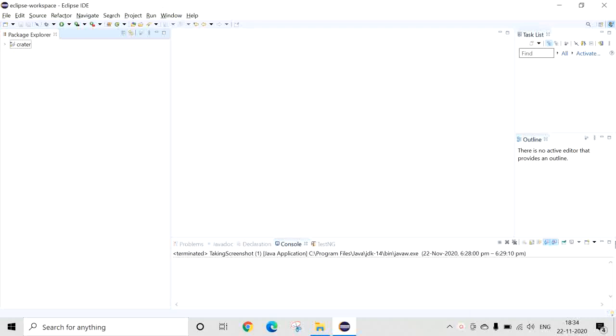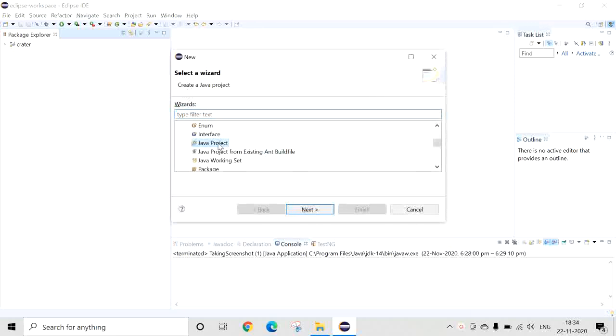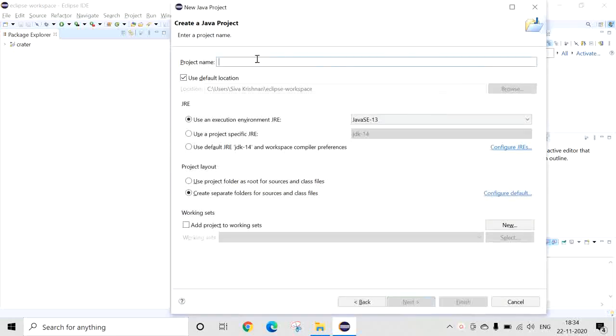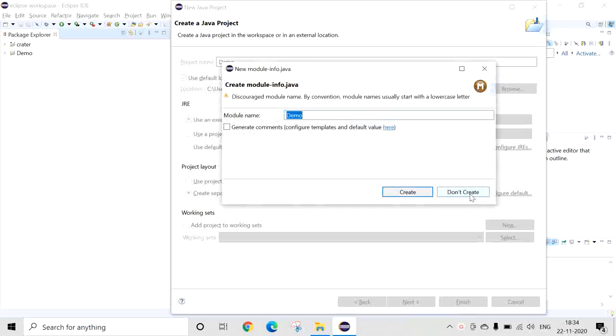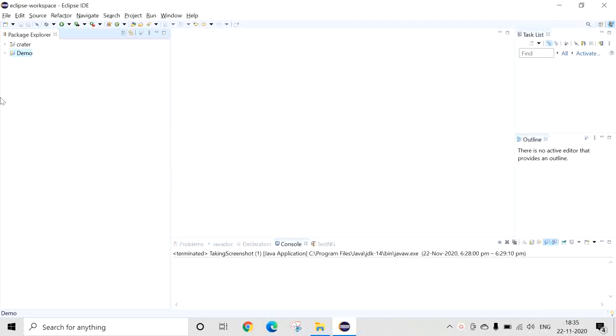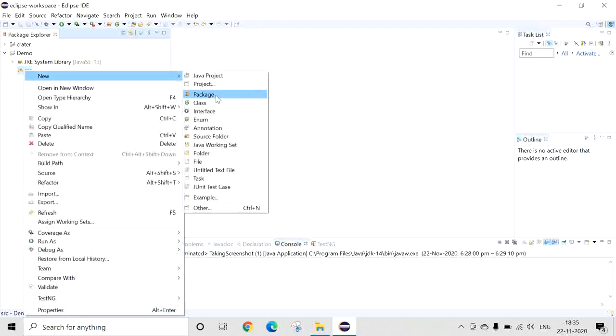Okay, so this is our Eclipse environment. For that, here I am going to create a new project. You can select Java project, then I can give demo as the project name. I will finish it. You need not create any module, so you can click don't create. Here you can give a package.